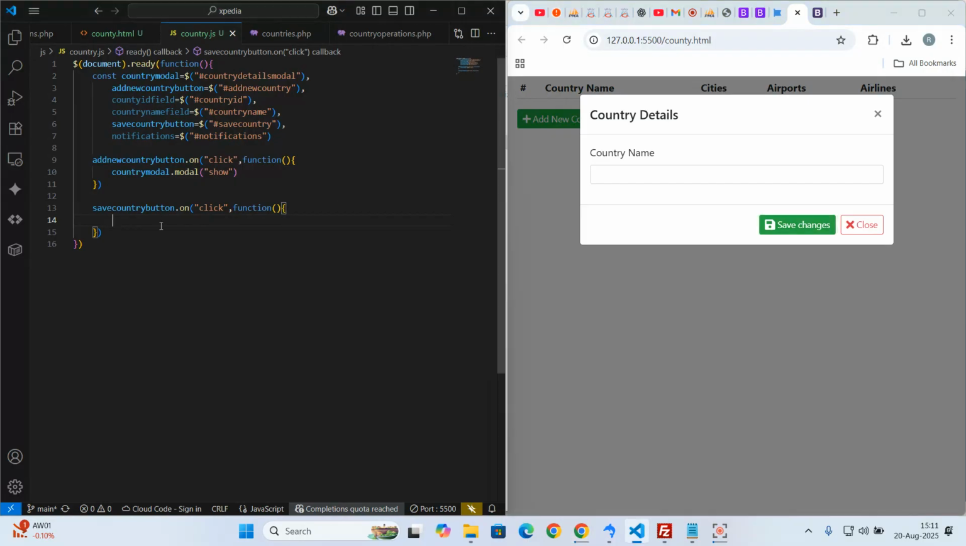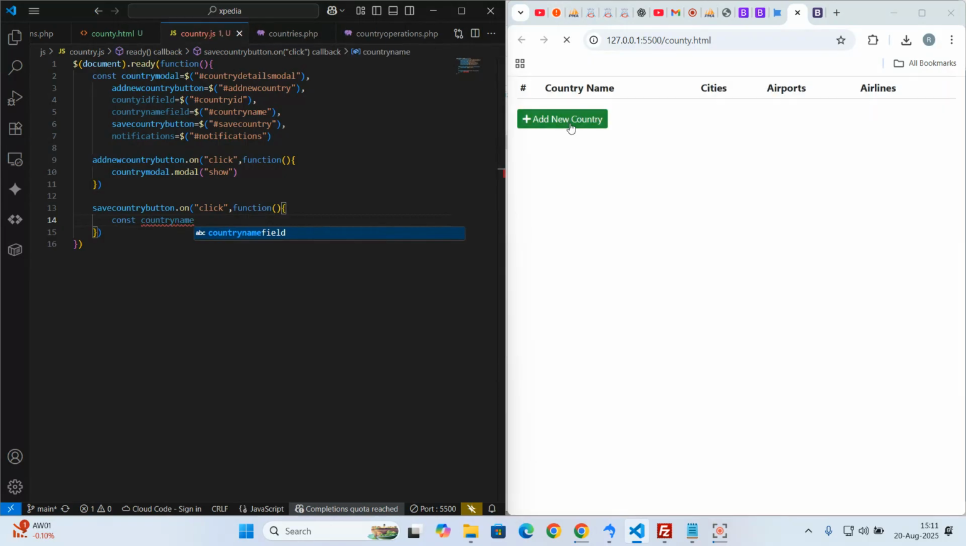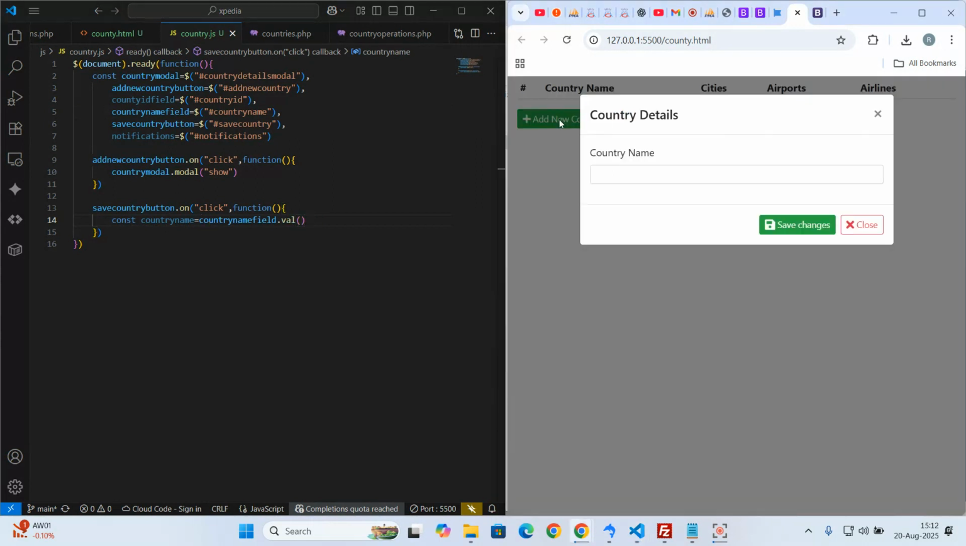So I can declare a variable here. So constant country name. Remember, this country name field is the field itself. The country name is the value that's going to be typed inside there. So country name will be whatever is typed here, like that. So when you use .val, it's going to pick whatever is in that box and store it inside this variable name. Then of course now I can do my logic and say if country name is equal to blank,